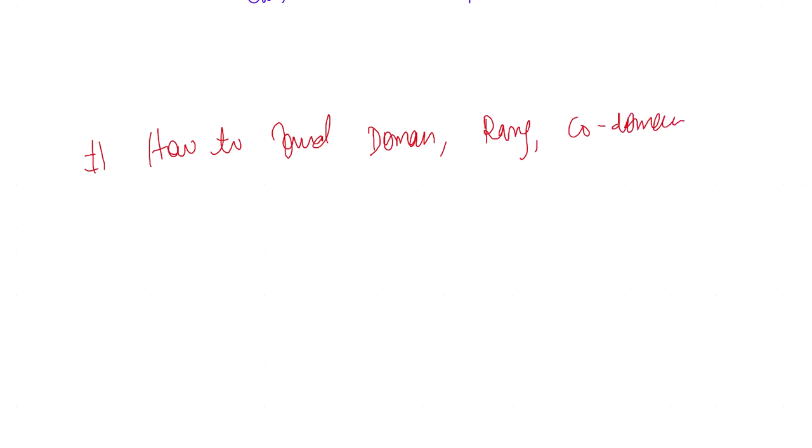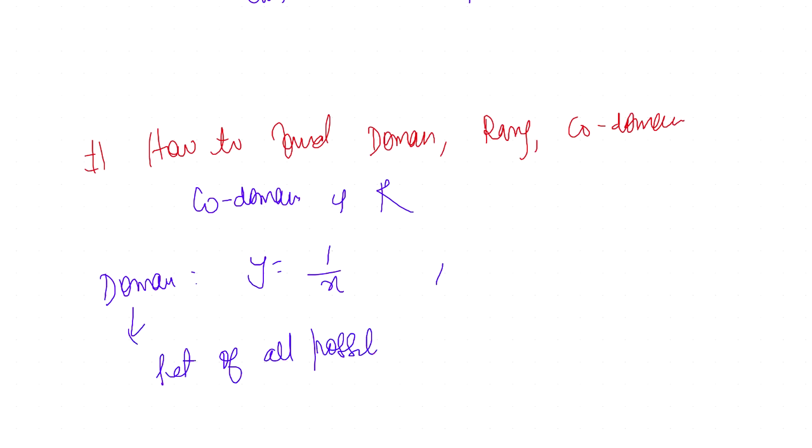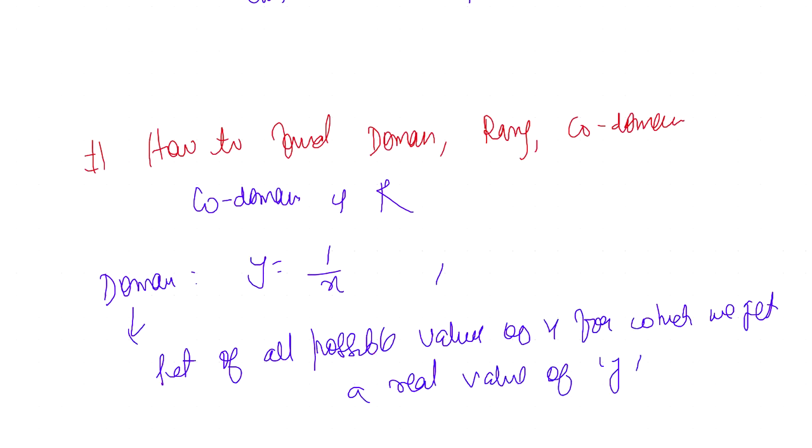अब सबसे इंपॉर्टेंट चीज हो गया कि हमने चलो इतना ज्ञान तो इकट्ठा कर लिया, but how to find, क्वेश्चन तो ये आएगा ना कि find domain, range, codomain. सो कोडोमेन का तो सबसे आसान है, unless given anything specific in the question, codomain is always R, ठीक है ना। डोमेन का क्या है, देखो लेट्स से डोमेन का कोई एग्जांपल ले लें तो 1/x। तो over here हमने क्या देखा, domain is the set of all possible values of x for which we get a real value of y, ठीक है। x की ऐसी सारी वैल्यू, तो देखो x can take every value but not zero, है ना, क्योंकि जीरो लेने के बाद कोई रियल वैल्यू आएगा नहीं y का, ठीक है।